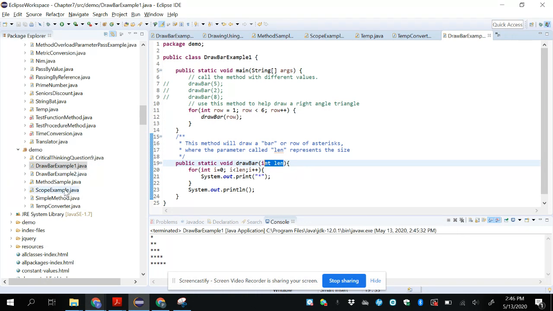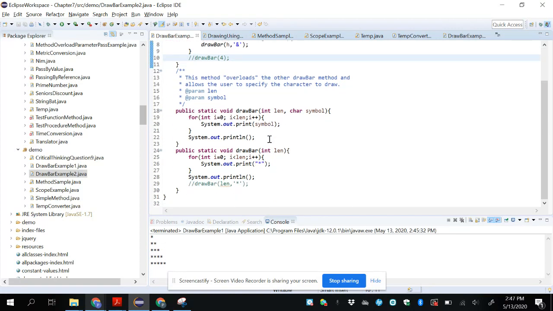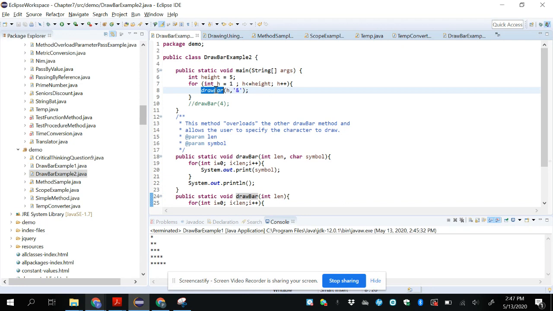So going back to Eclipse here, example 2, we've got drawbar here, and we've got another drawbar. Very confusing. So how's the program going to know when it calls drawbar here? Well, in this case, it knows, okay, I'm going to call drawbar with 2 parameters. One looks like h is a number, an integer, right? So h is an integer, so it's going to call the method that matches an integer parameter first,